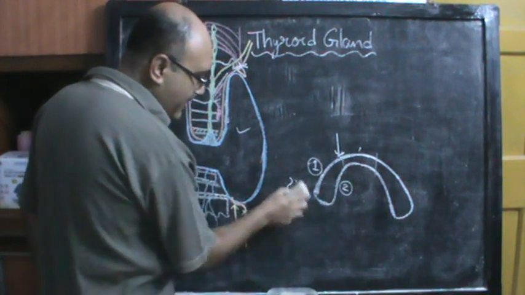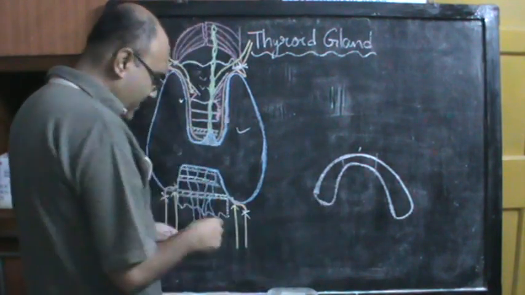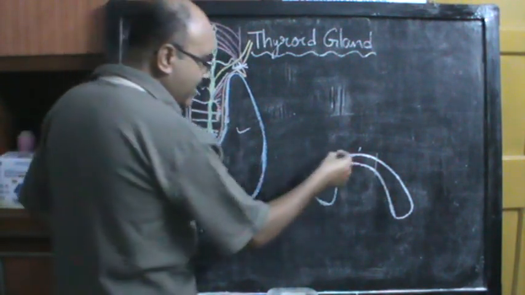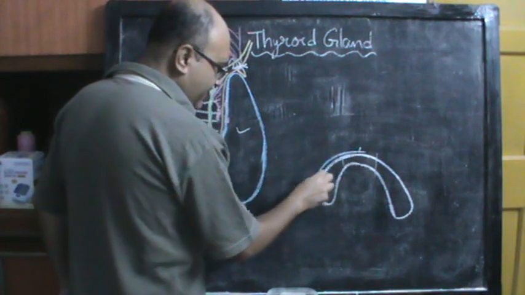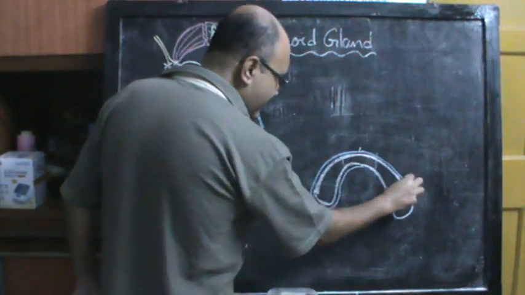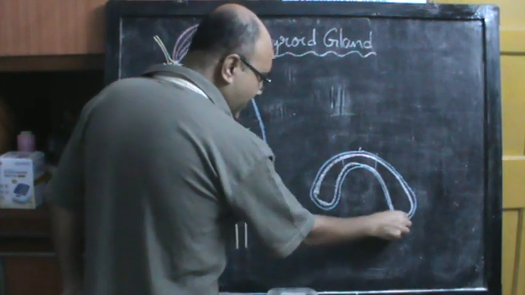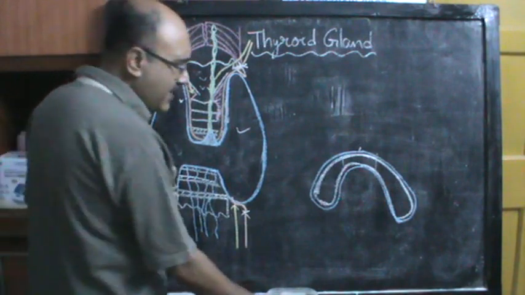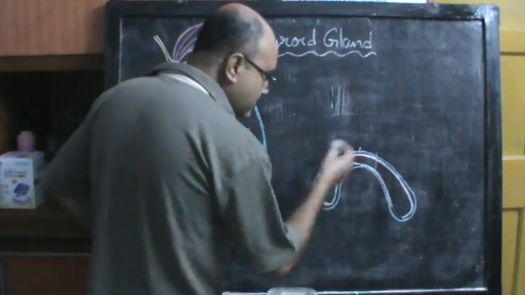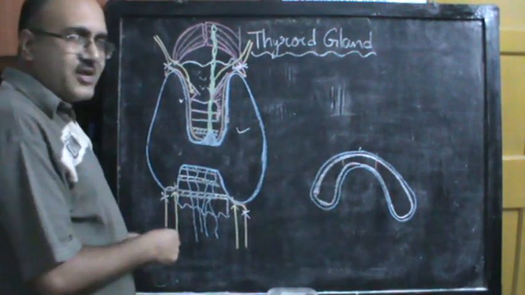Now we are going to draw the remaining structures in relation to these surfaces. What are we going to draw? First we are going to draw the trachea. So now we have already said that the thyroid gland is encased in the pretracheal layer of the deep cervical fascia. Let's draw that. Suppose this is the pretracheal layer of the deep cervical fascia, enclosing the thyroid gland in a capsule like this. So you have a false capsule of the pretracheal layer of the deep cervical fascia. Here, let's make it nice and rounded over here. So pretracheal layer of deep cervical fascia.